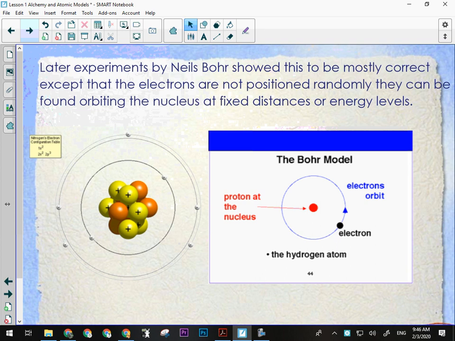If they get sped up, they gain energy and get excited, they actually jump from one orbital to another. Okay? And get further away from the nucleus. When they start to lose that energy, they'll fall back down. Okay? This is actually what causes, or what supplies plants with the energy for photosynthesis. Okay? In the chlorophyll molecule, when chlorophyll gets hit by the sun, by sunlight, the electrons in the chlorophyll jump to further levels from the nucleus. When the sun is gone, they fall back down, and the energy they give off is what the plant uses